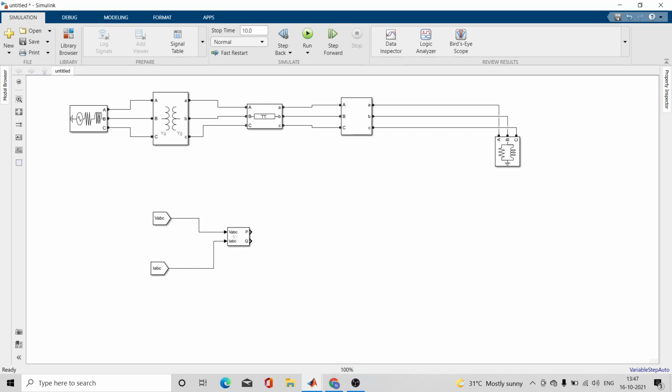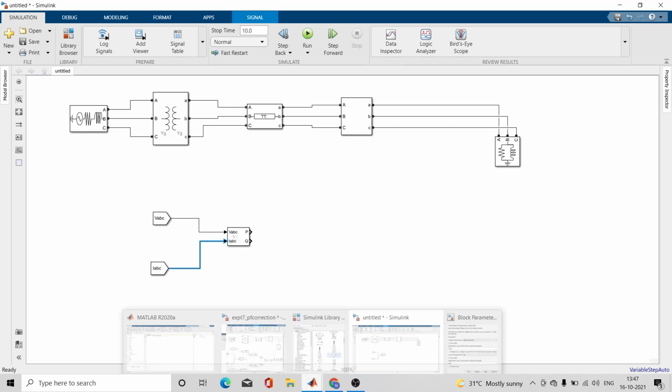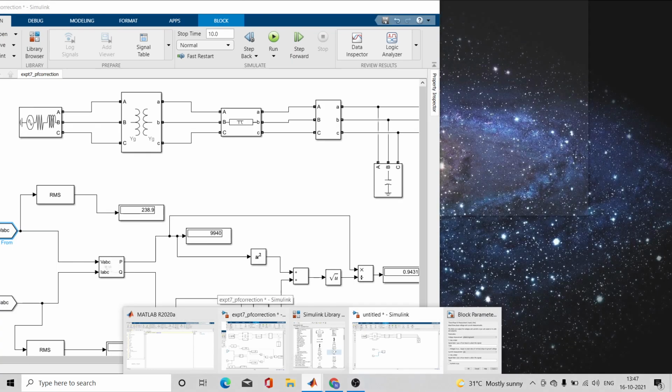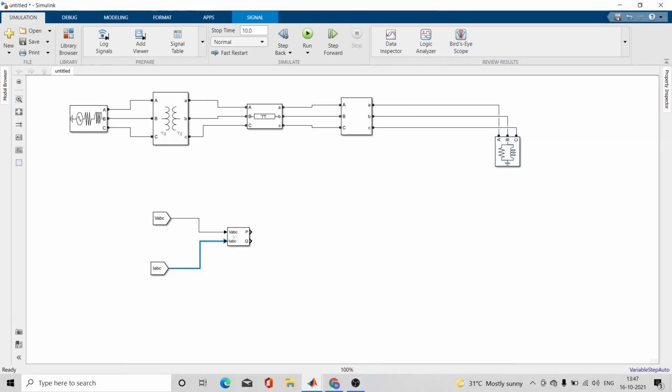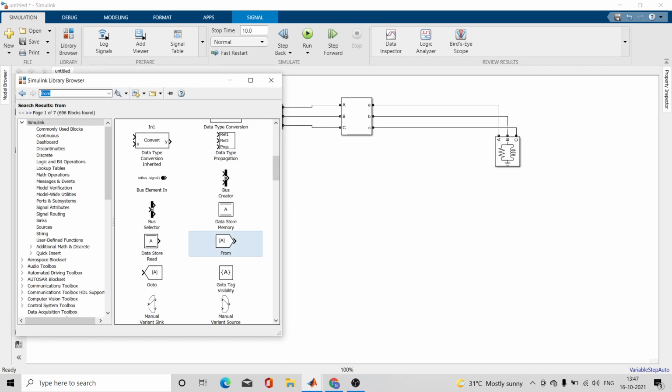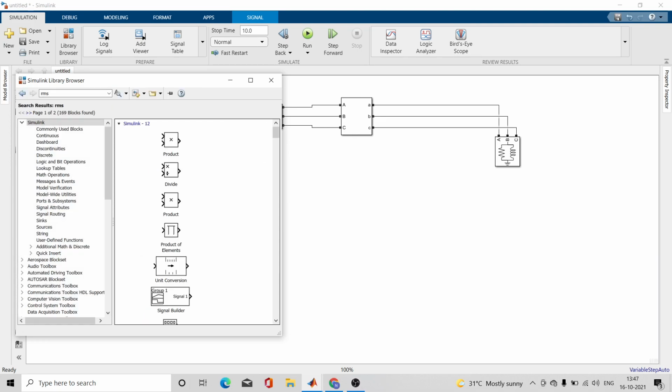You can also display these values separately, as we have done in our sample. Here we have displayed these three phase voltage and current values with the help of the RMS block. You can easily find the RMS block over here. Click on it or search for the RMS block, and you will get it.